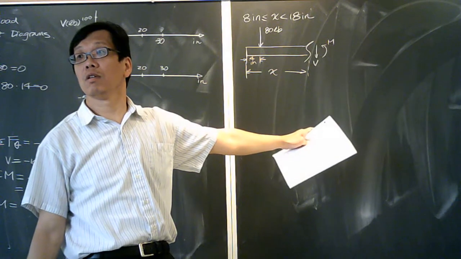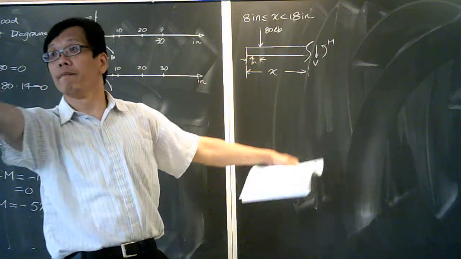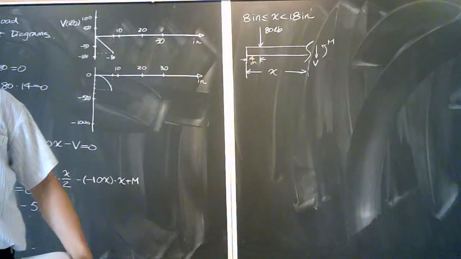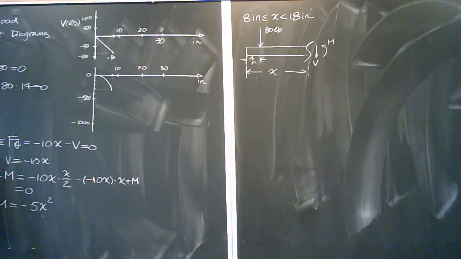Question? 80 is because the density over here is 10 pounds per inch, and I have 8 inches, so I need to multiply them together. And this is a rectangle, so it must be at the center, which is going to be 4 inches. Yes? Find the density from 8 to 18. Yes,